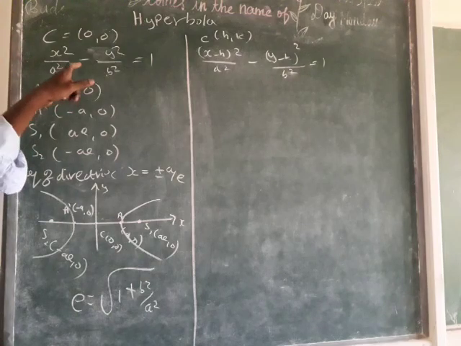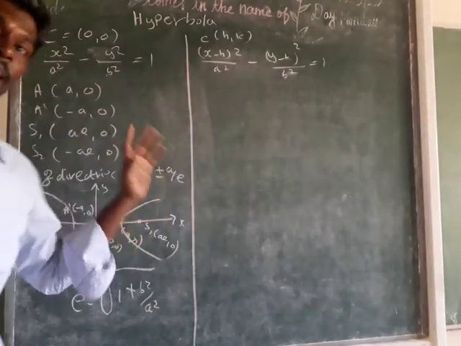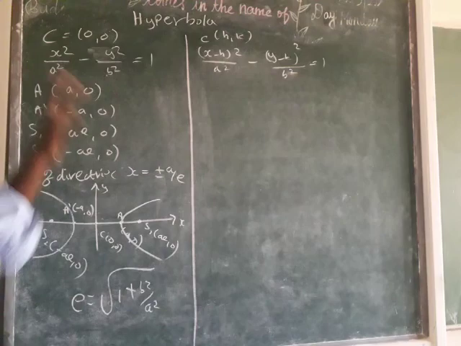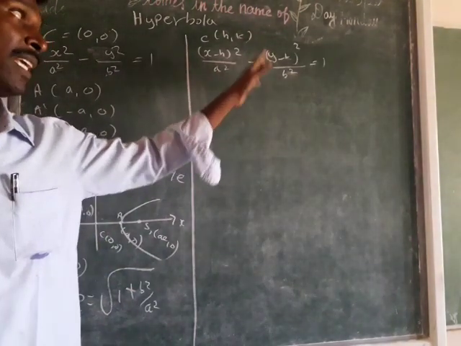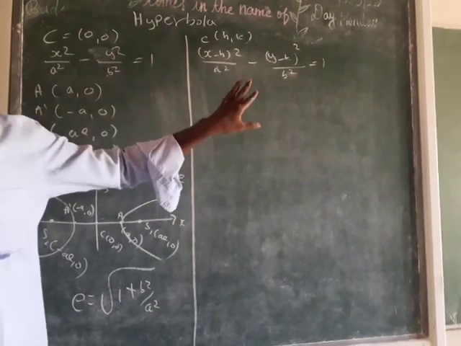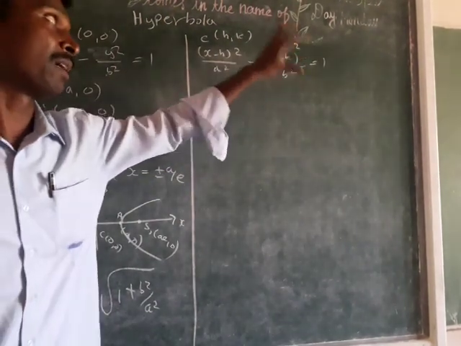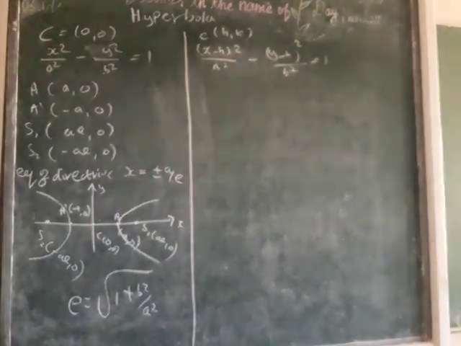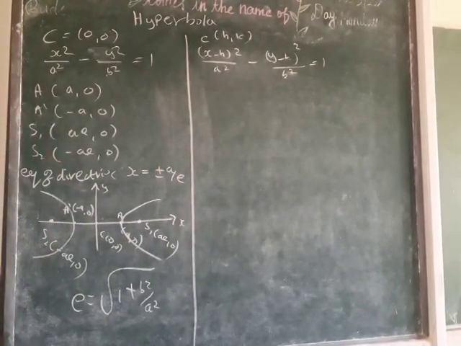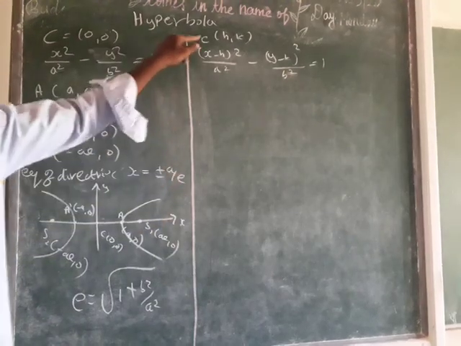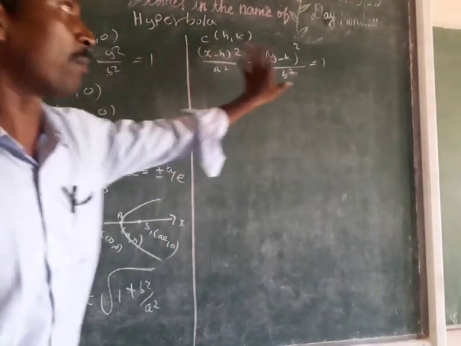So what is the difference between the ellipse and the hyperbola? We are able to identify only by the negative sign. In the ellipse, the x term and y term should be positive. In the hyperbola, the y term is negative when parallel to the x-axis. When it comes to parallel to the y-axis, the y term becomes positive and the x term becomes negative. So with the help of that minus sign we are able to identify whether the given equation is an ellipse or a hyperbola. Okay. Now center h, k, this is the equation of the hyperbola.